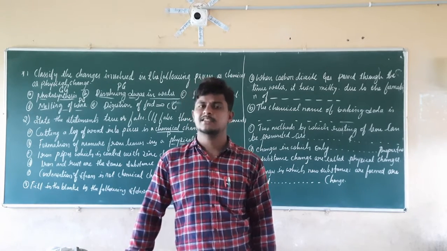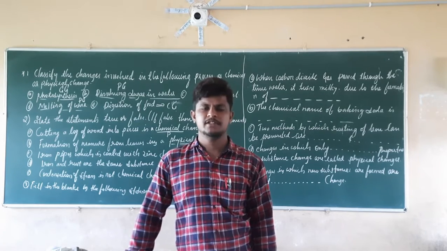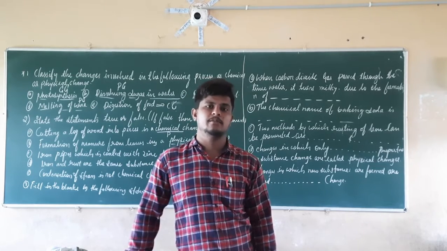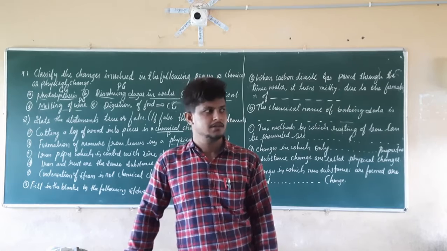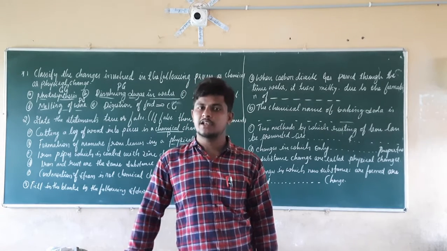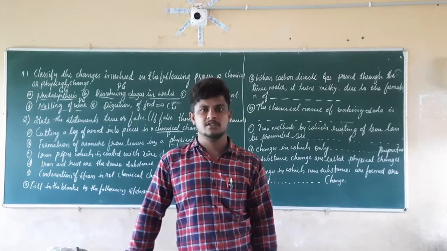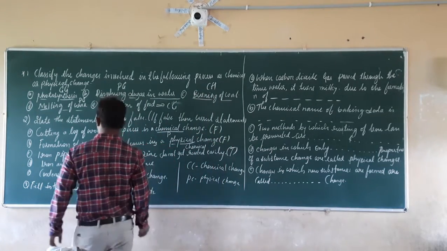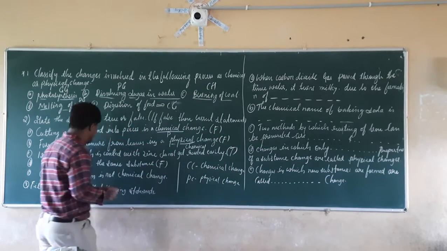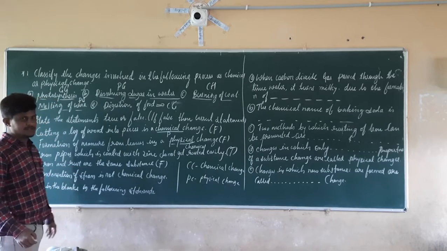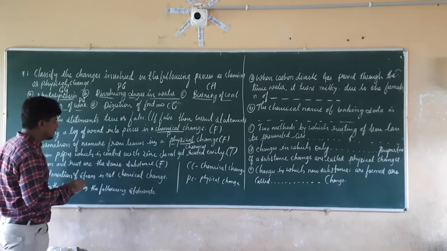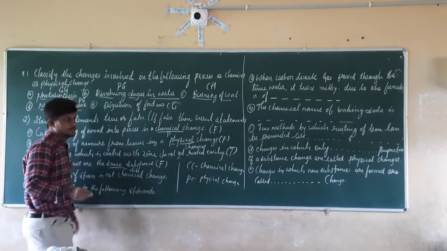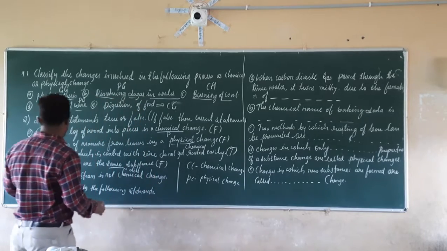If you take the example, iron is ferrous, its chemical name is ferrous, whereas rust is nothing but what? It is an iron oxide, that is ferric oxide. If you remember the formula, it is Fe2O3. So rust has a different name and iron has a different name. Is it possible that both are the same thing? No, both are different things. So this statement is false. Iron and rust are different substances. Here, in place of same we are going to write different substances. Right, so this is the answer for question D.